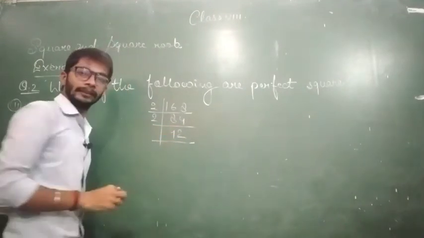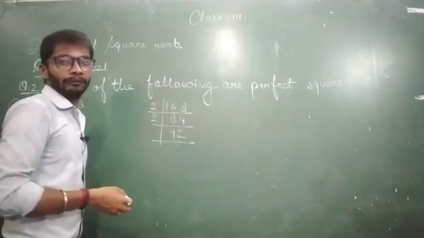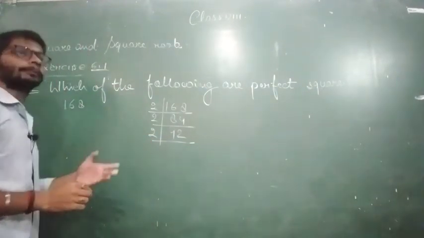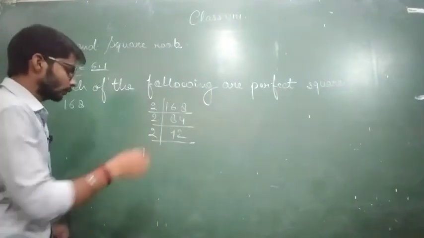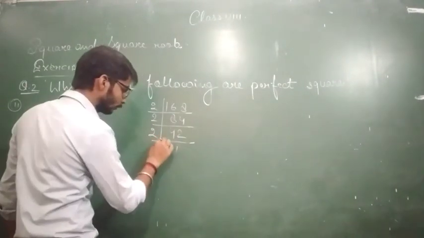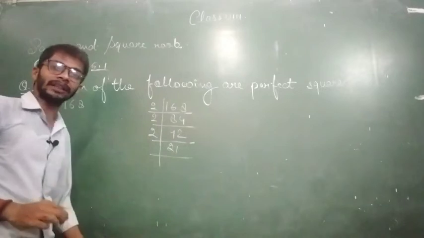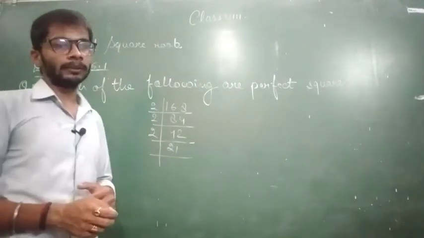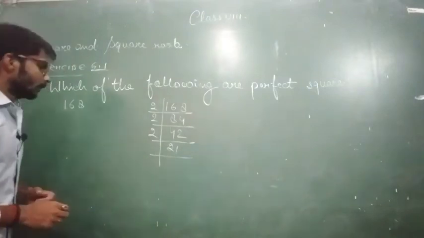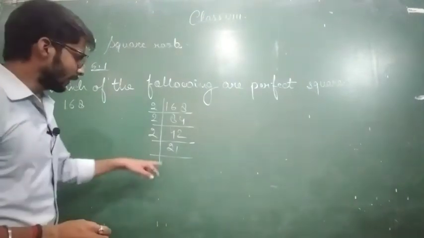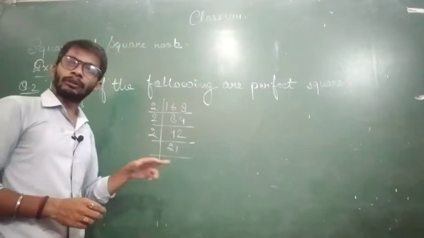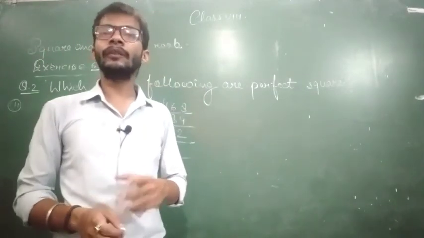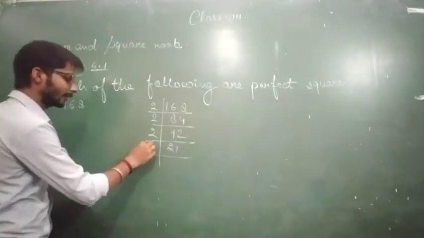Now again we get an even number and we will divide it by 2, और हम इसको तब तक डिवाइड करते जाते हैं जब तक हमको 1 मिल नहीं जाता. So 2 twos are 4 and 2 ones are 2. Now we have an odd number. 21 is an odd number because the ones digit is 1, which is odd. So here we will divide 21. First add the digits: 2 plus 1 is equal to 3. It means that 21 is divisible by 3. This is the divisibility rule of 3. So here we will start with 3, and 3 sevens are 21.